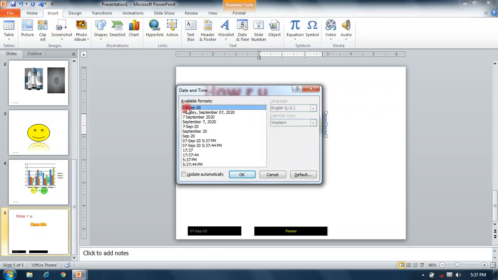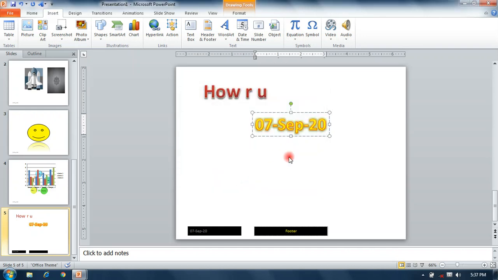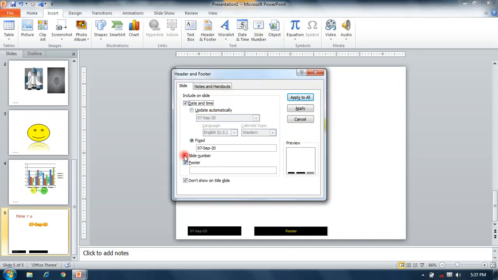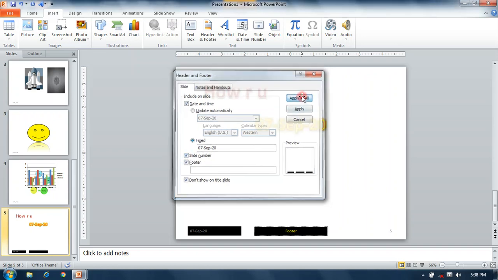Date and time, it is available in format, so it applies on our slide, like that. Slide number, if you want to apply slide numbers, then click on it and check slide number and apply it to all.